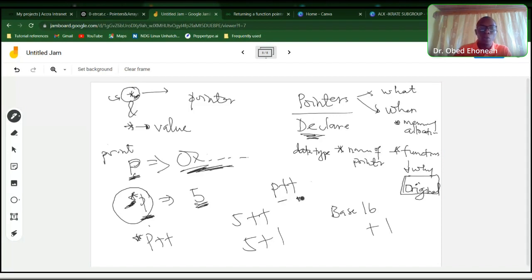So if you make the mistake of adding whatever you want to add to just the P, then you are adding it to the address. But if you add it to the dereferenced P, then you're adding it to the value that P stores. So in fact, that is why I spent all this time explaining what pointers are, for you to see when you are talking about the address and when you are talking about the